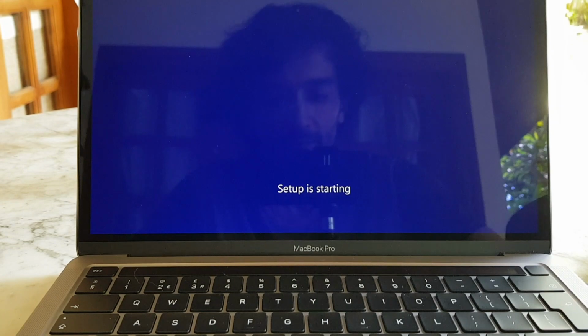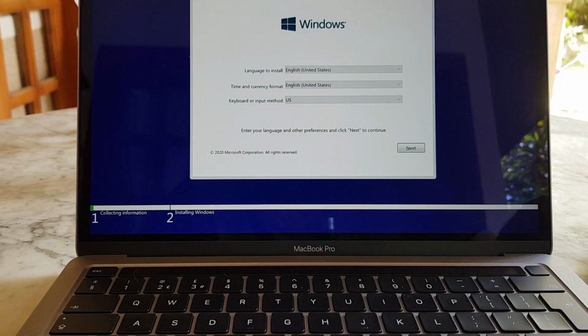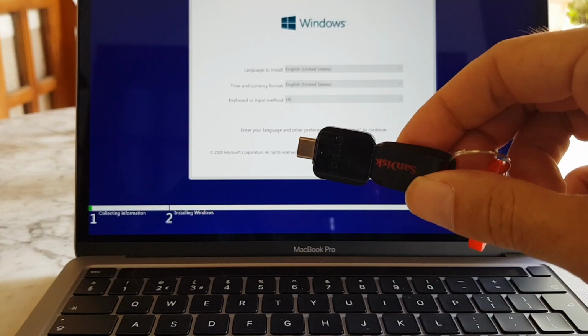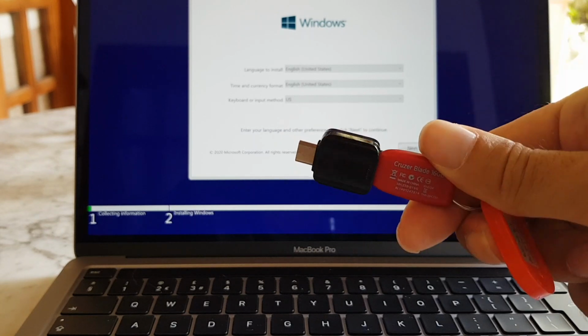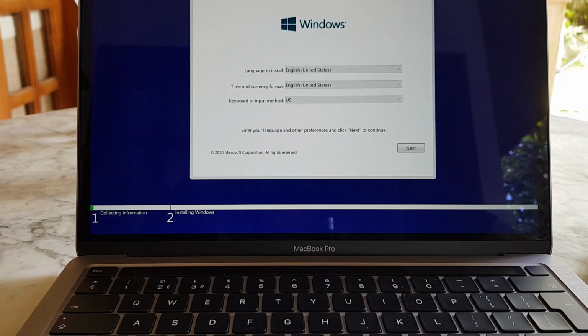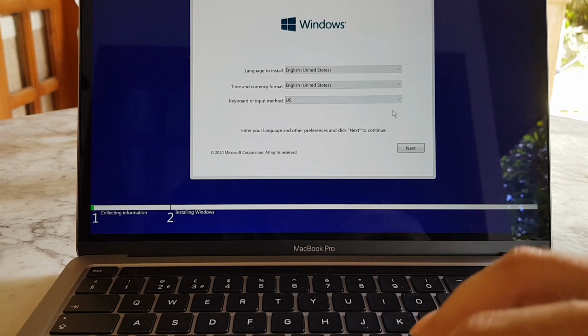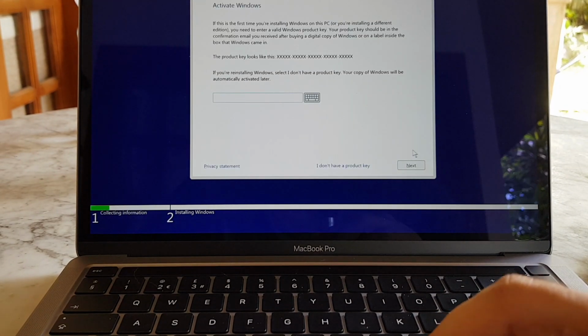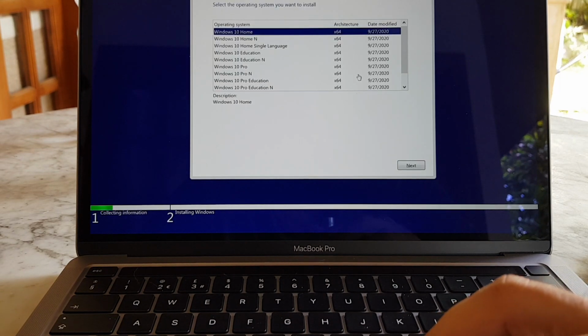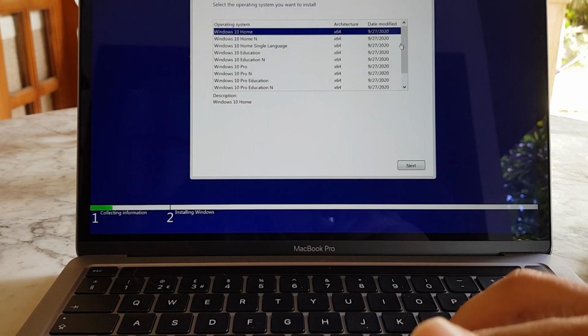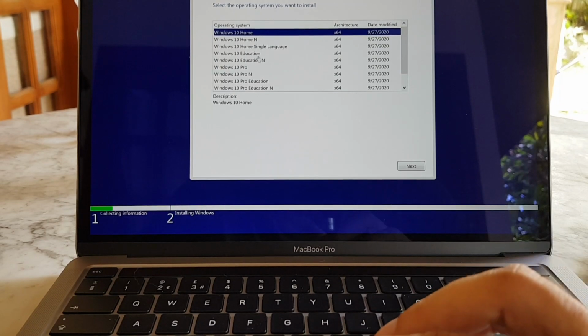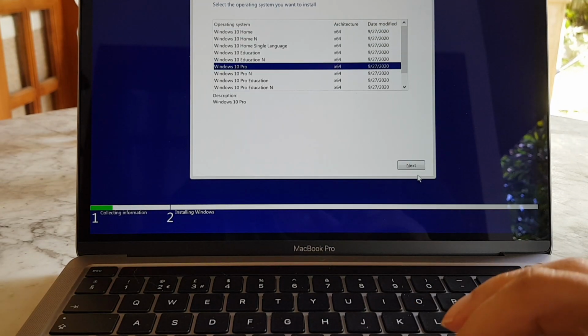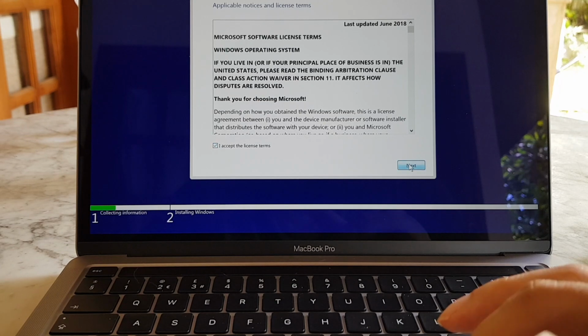Now we are setting up Windows and didn't even need a USB thumb drive to start the Windows installation. So it did it all from the hard drive and the ISO file which I downloaded earlier. So now all you have to do is follow the on-screen setup process, click next, and I don't have a product key, and then choose which version that you want to install. I'll just choose the Windows 10 Pro and click next, accept, click next,